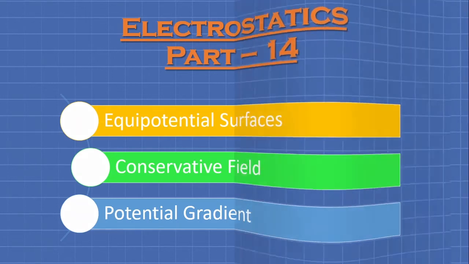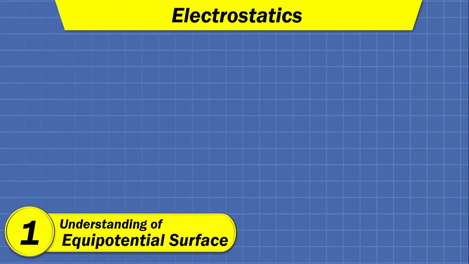So let us start. Starting with equipotential surfaces, in any electric field there are many points at which the electric potential is the same. For example, if I have a point charge over here, then I can have many points at the same distance. Say if I have a distance of r, then this point is at the distance r. Similarly, any point on the circumference of the circle with radius r will be at the same distance r from this plus q point charge.